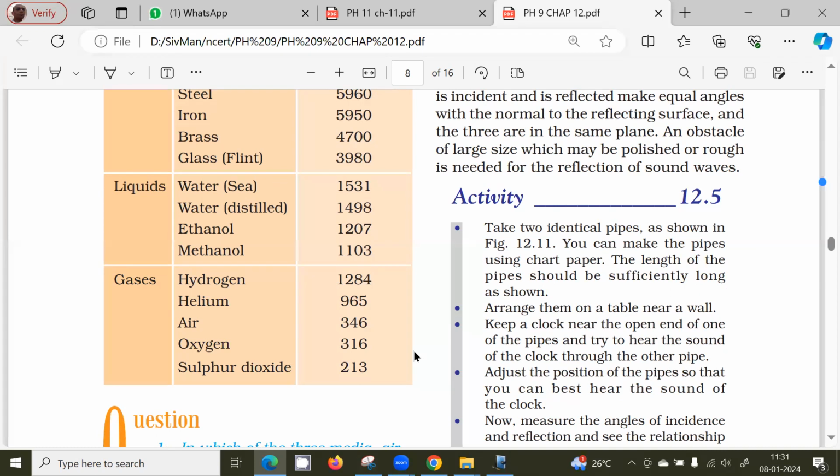If you have two hydrogen atoms, they join together. Three hydrogen atoms won't join together. Two hydrogen atoms will form a molecule. If you bring a third hydrogen atom, it will wait for a fourth hydrogen atom to come to form a second molecule. Similarly, oxygen also will have O2, right? So two oxygen atoms will combine to give one molecule. If there is a third oxygen atom, it will wait for the fourth oxygen atom to come. Sulfur dioxide is SO2, so one sulfur atom and two oxygen atoms will form a group.